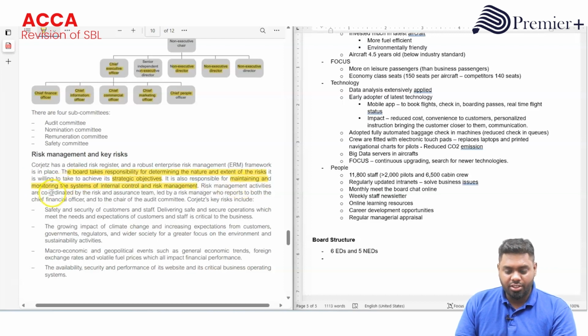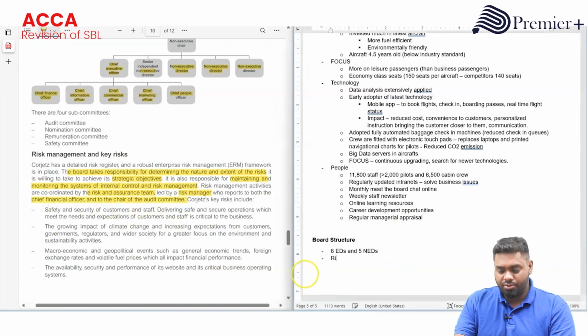Risk management activities are coordinated by the risk and assurance team, led by a risk manager who reports to both the chief financial officer and to the chair of the audit committee. Cojet's key risks are, okay, so in terms of the risk aspects,